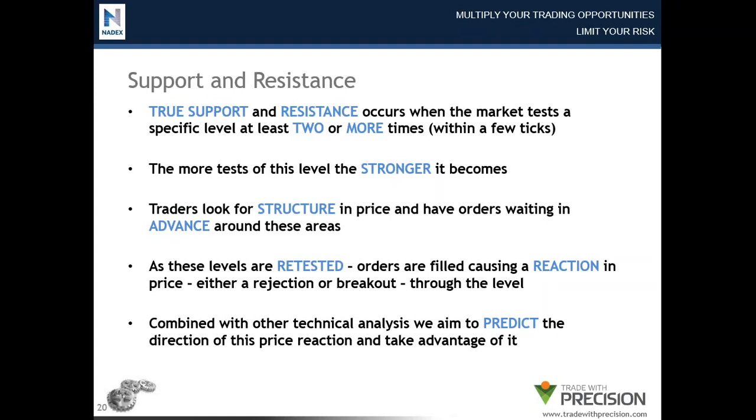Not every level that the market comes to has to hold. It could break through it. It doesn't have to bounce from it. So there are other elements that we need to consider. What is the most likely scenario to happen? Is it going to break through it, or is it going to reject it and maybe the next time go ahead and break down through it? So these are the technical ingredients, the technical decisions that we need to make around those levels,